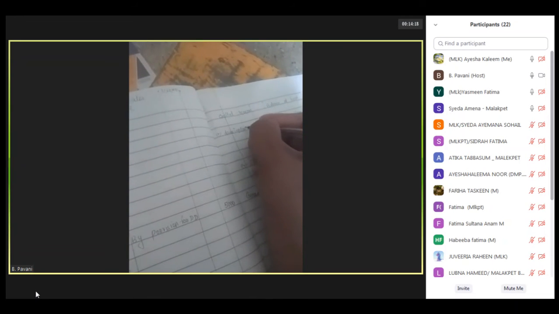The next is drawings. Already drawings of stock was given. This is the amount of stock. Again, they have given drawings. This is the amount of cash. So what I am doing again here, I'm adding the drawings in cash. The amount is 1 lakh. Now 1,000 plus 1 lakh will be 1 lakh 1,000.